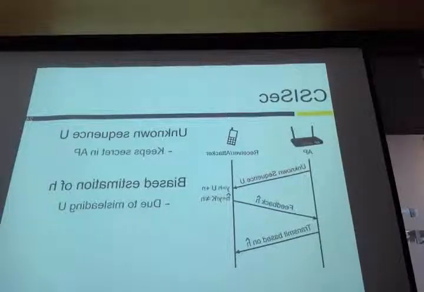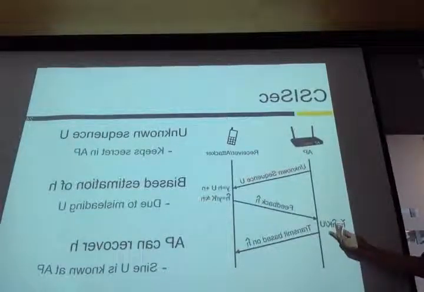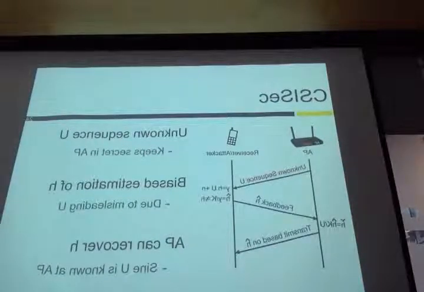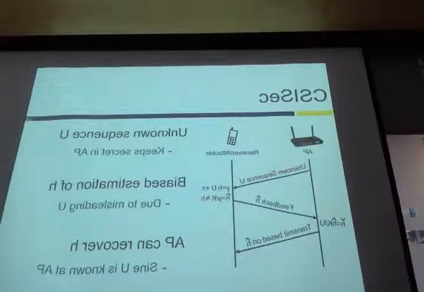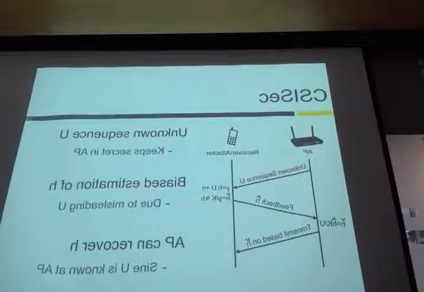We know that the AP needs a true estimation of the CSI to do precoding, right? So how to do it? The AP can re-estimate the CSI by multiplying by K and dividing by U. Only the AP will be able to do it because U is the unknown sequence kept secret at the AP. After this re-estimation, the AP will use it to transmit the data. So the main idea of CSI sec is that the AP uses the unknown sequence U to make everybody not know the estimation of the CSI, but only the AP knows.